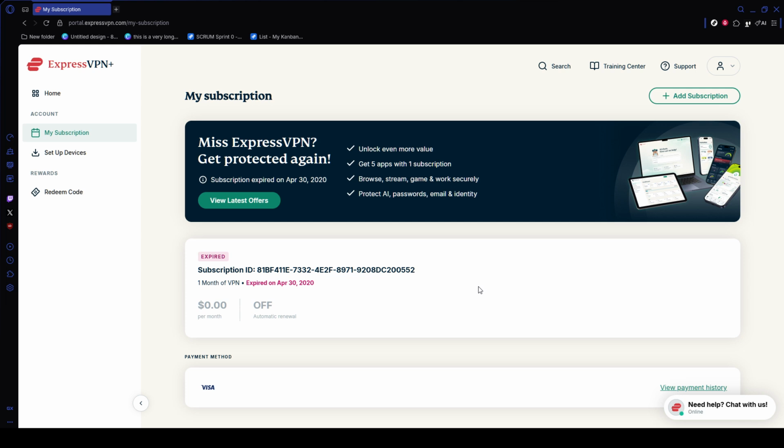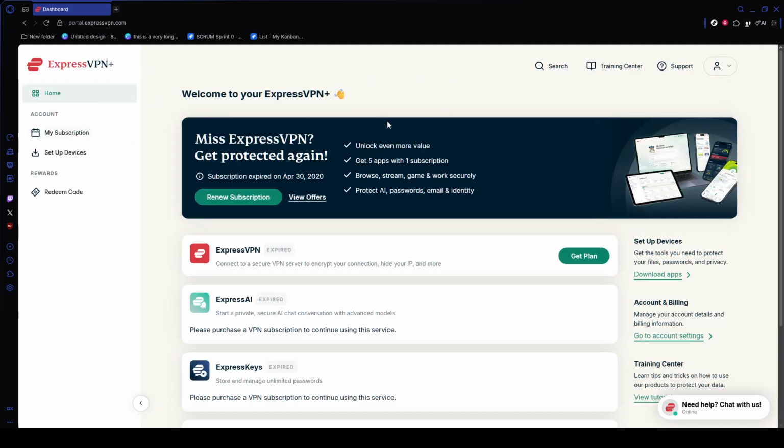Finally, verify that everything is working correctly. Leave ExpressVPN connected, close your current browser windows, and open a fresh private or incognito window. Visit ExpressVPN's IP check page and confirm that the page shows a secured or protected status. Also check that the displayed IP address and location match the